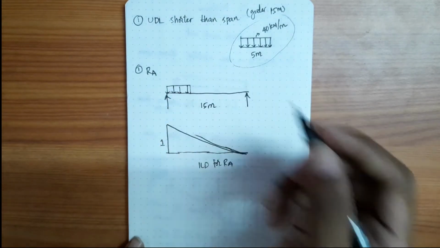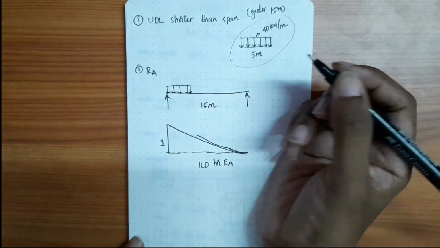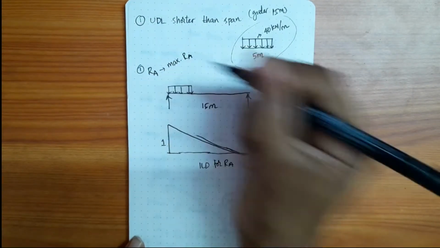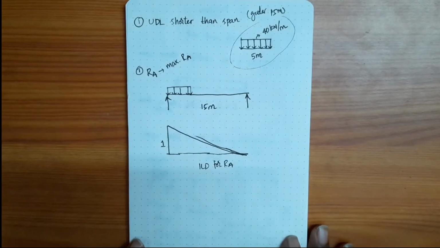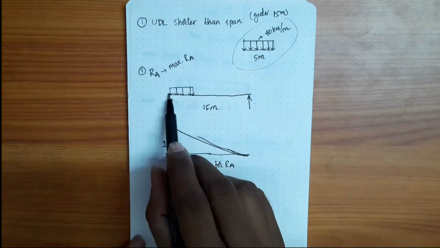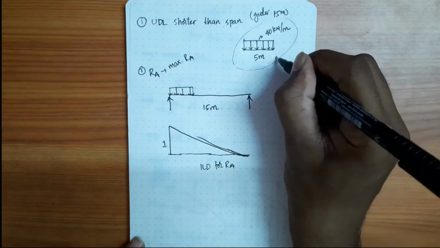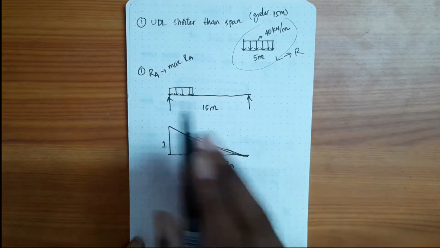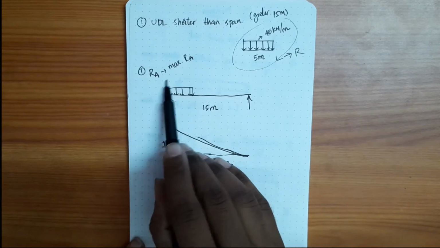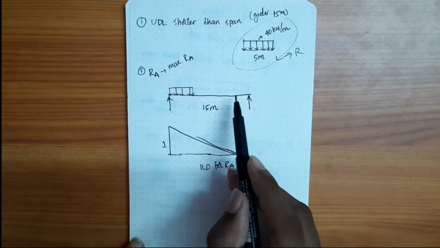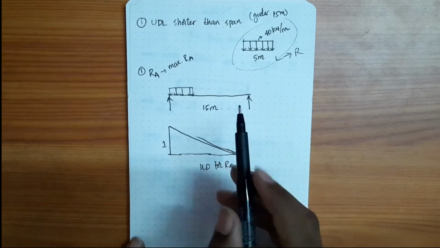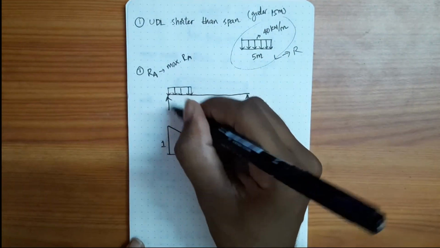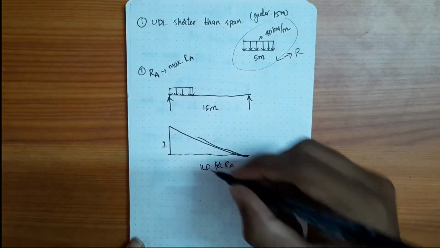here. Okay. Let's just say this maximum reaction at A. Because since the load is moving, let's say the load is moving from left to right, the reaction will be changing always. So if the load is here, there will be one reaction. If the load is here, another one, and here there will be another reaction. So we need maximum reaction at A. Okay, for that we need to place the load exactly as shown in the figure.